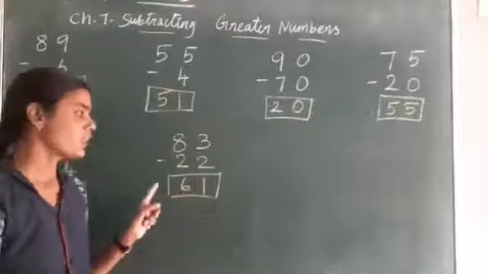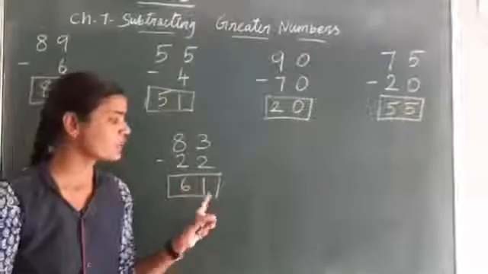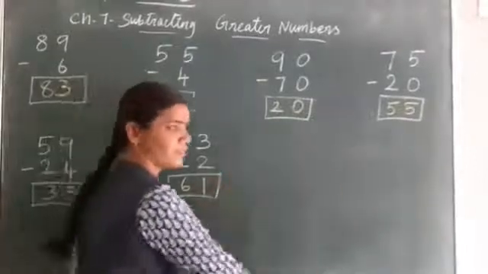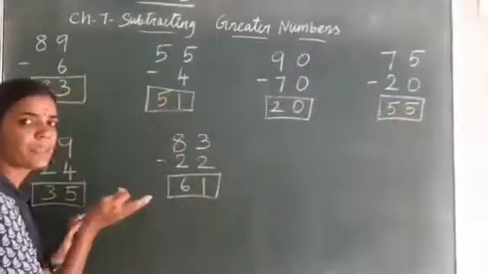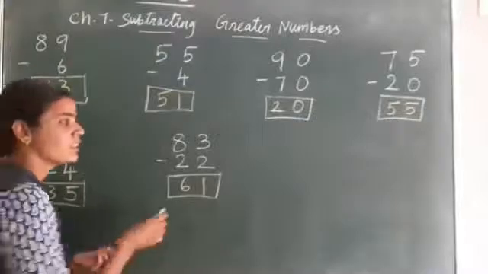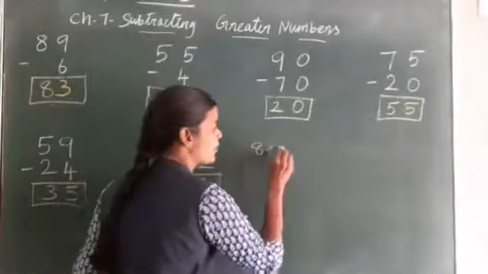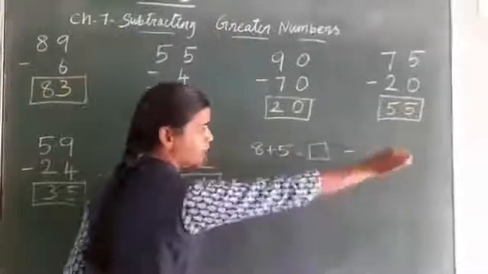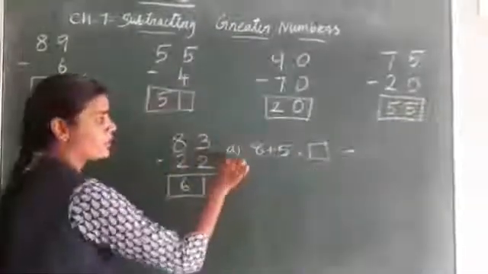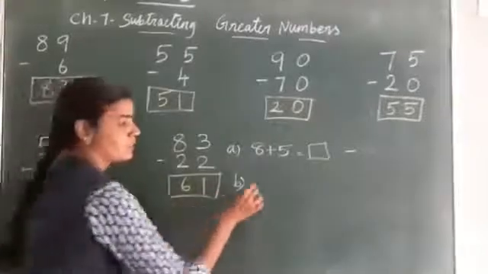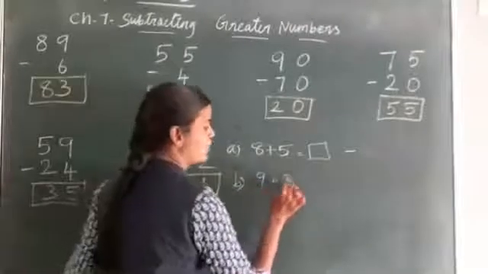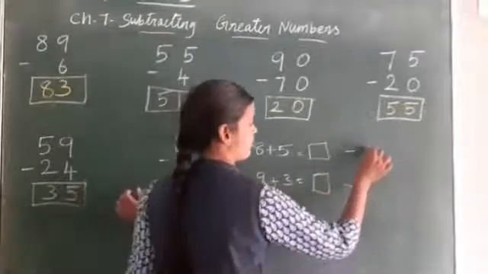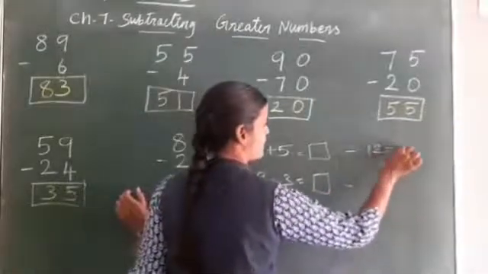If you are doing any other concepts, the same thing is supposed to be given using addition facts. You have to match the subtraction sums to the addition facts. 8 plus 5. Okay. So what number here will match it? For example, this one. I am going to give 3. 9 plus 3. What number? Then match it. See here. 12 minus 9.